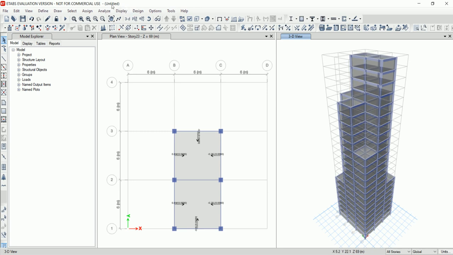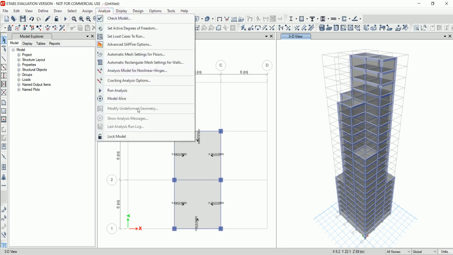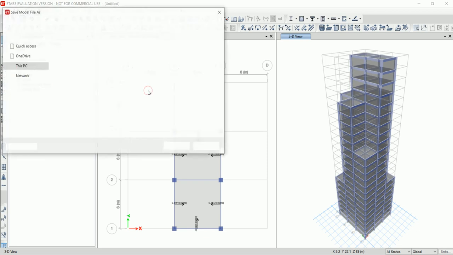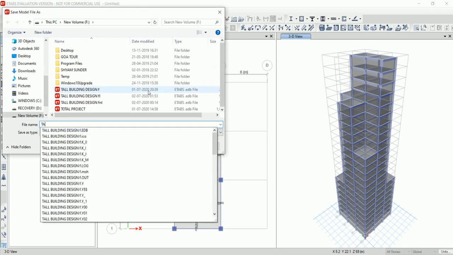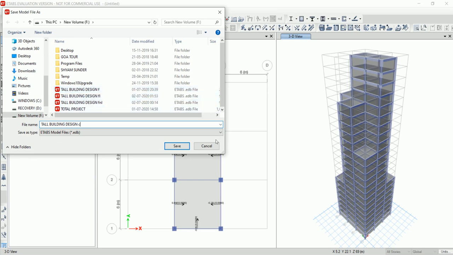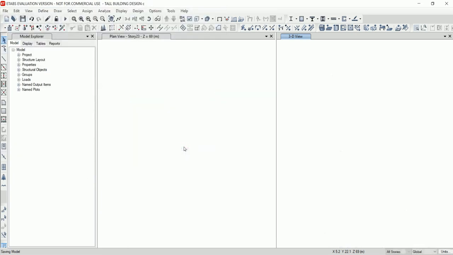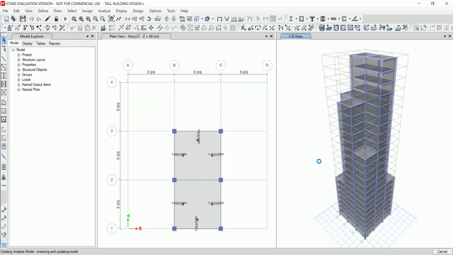Now go to analyze and click on run analysis. Select your file name. The analysis is going on.